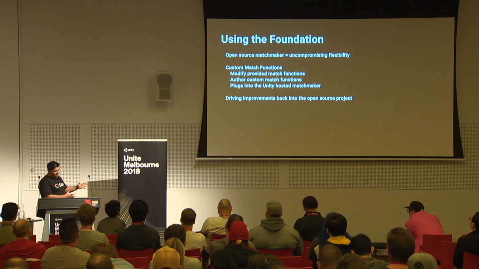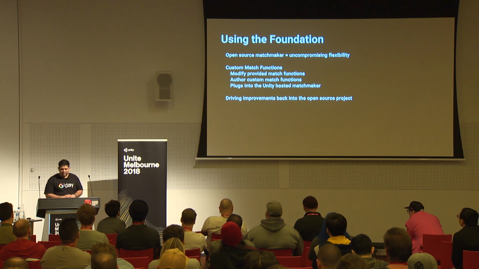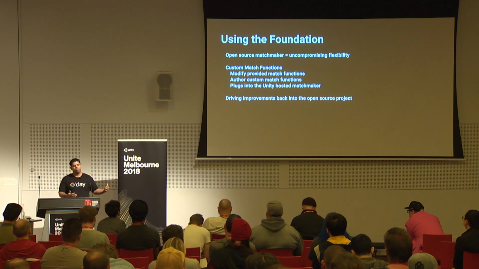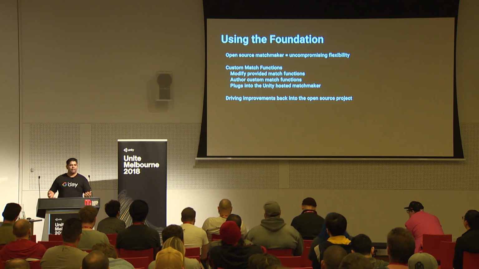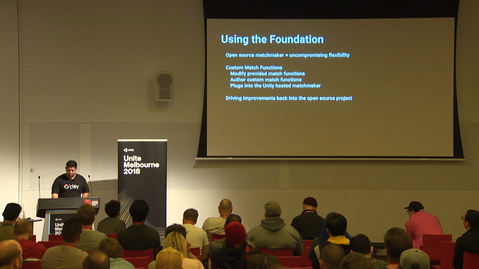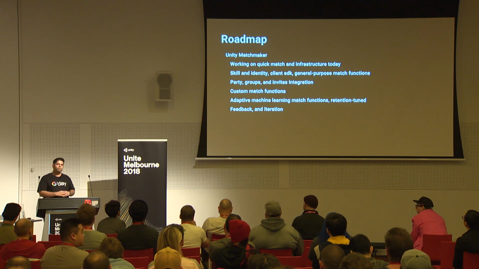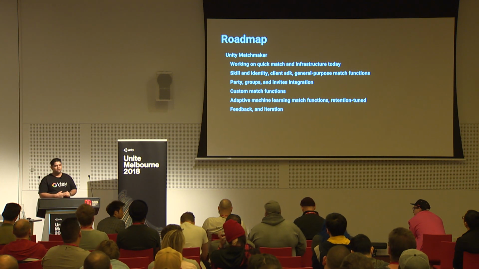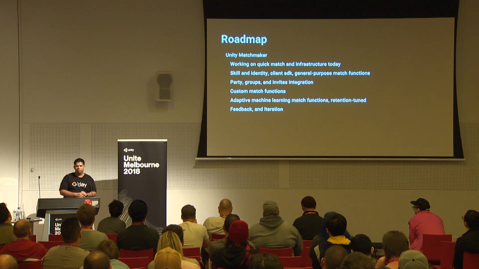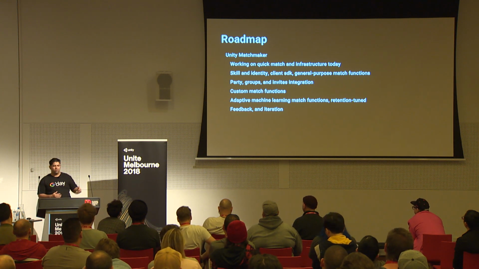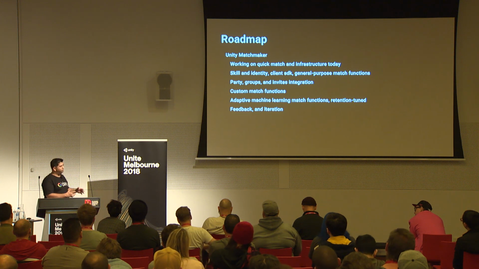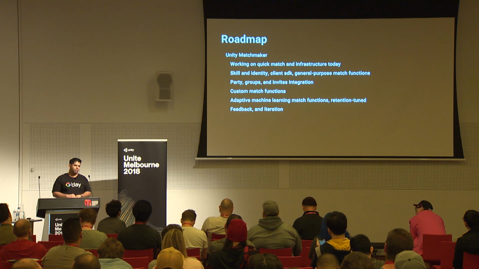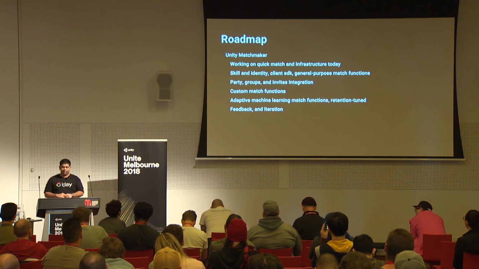So Unity is getting the benefits of the open source matchmaker, and naturally, through this process, as new things are discovered, Unity is going to be contributing back to that matchmaker, and again, everybody benefits from those contributions. So everything that you saw earlier in that diagram that was in green is currently being worked towards. This is the roadmap. I'm not able to share timelines with you, but we want to be transparent, and we're working very hard on making sure that we can get the infrastructure stood up and have a quick match for you so that you can start integrating with it really quickly.